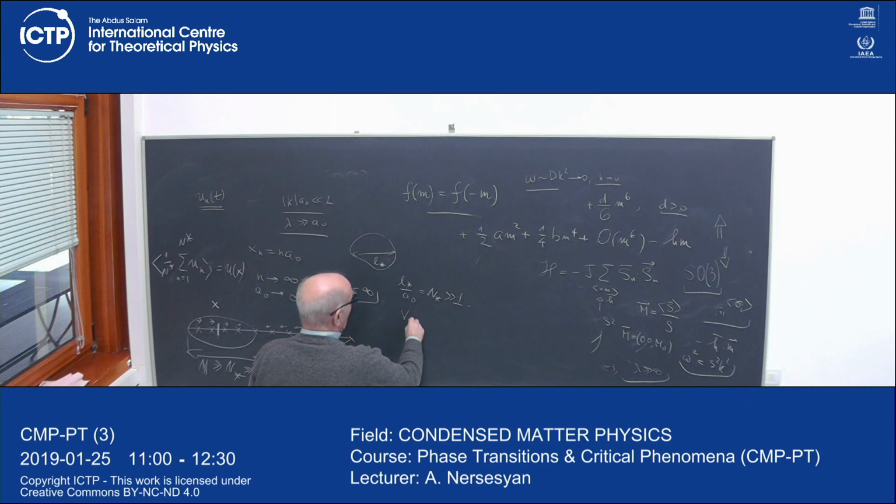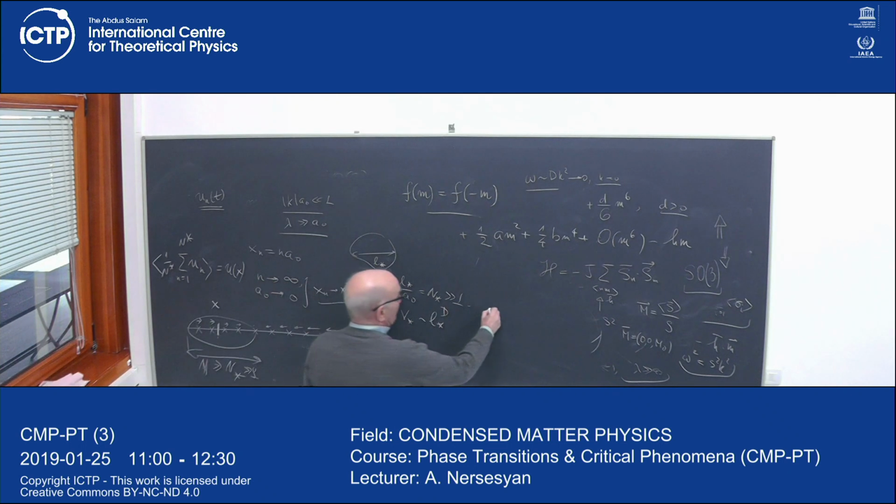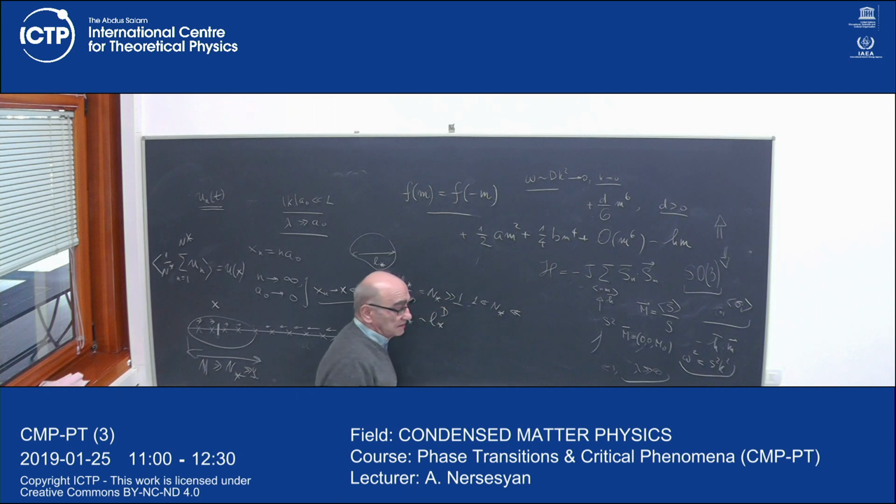The corresponding volume would be L star to the power of D, where D is the dimensionality of space. And the condition is that N star is much bigger than 1, but much less than some other